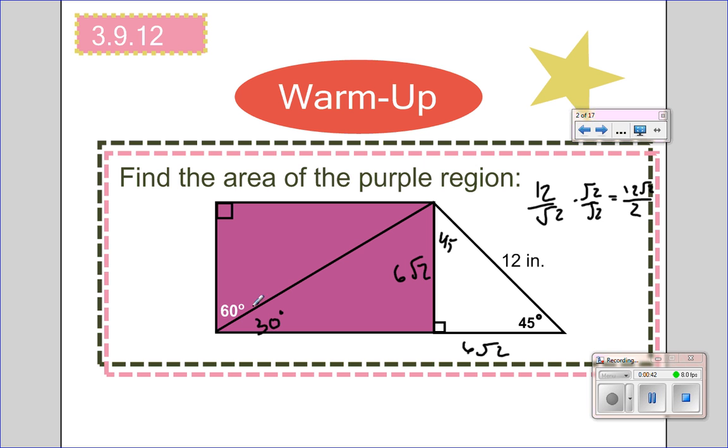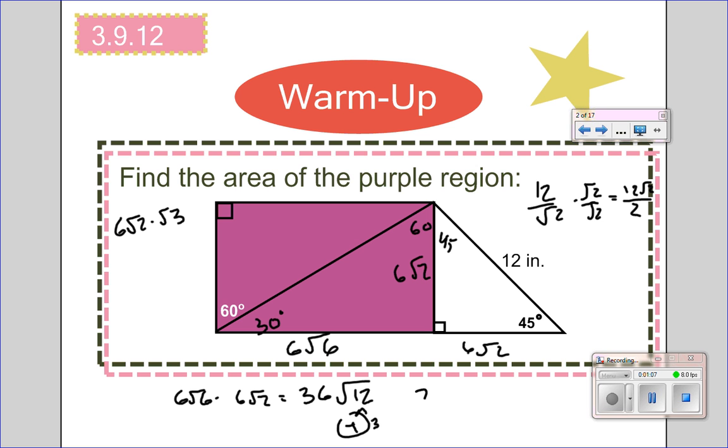Now that's going to be 30 because these have to add to 90, so you know your 30 side. To find your 60 side, you multiply by root 3, so it gives you 6 root 6. Now if you remember, the area of a rectangle is length times width. So 6 root 6 times 6 root 2 gives you 6 times 6, which is 36, and root 6 times root 2, which is root 12. Break it down, 4 times 3, pull out a 2, so 72 root 3